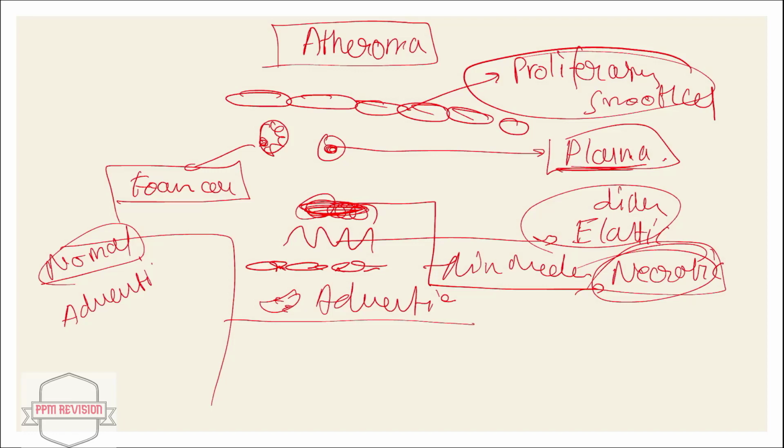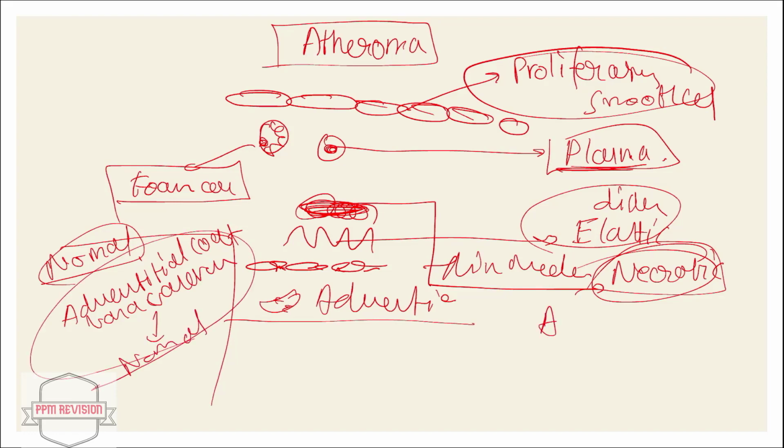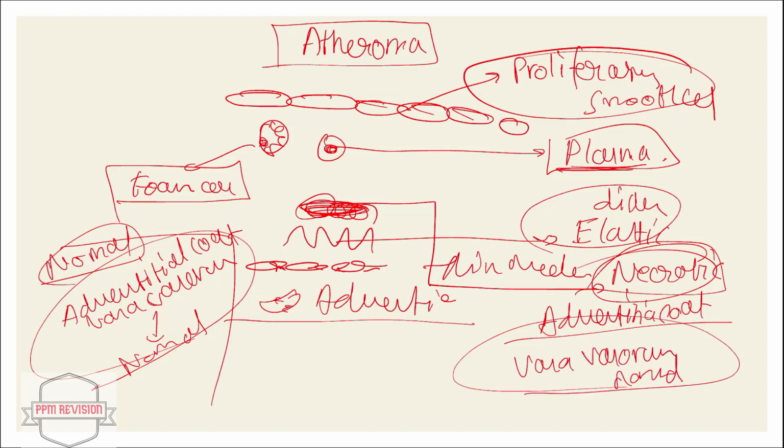Nothing but the adventitial coat as well as the vasa vasorum is normal. I repeat, what was normal? The adventitial coat as well as the vasa vasorum is normal, right? Now moving ahead,